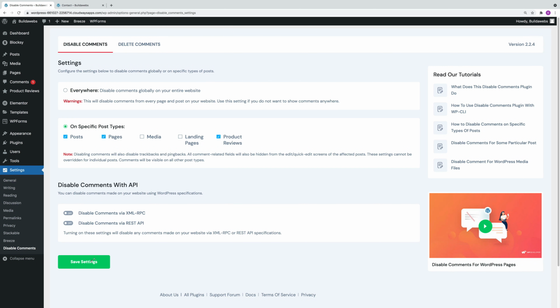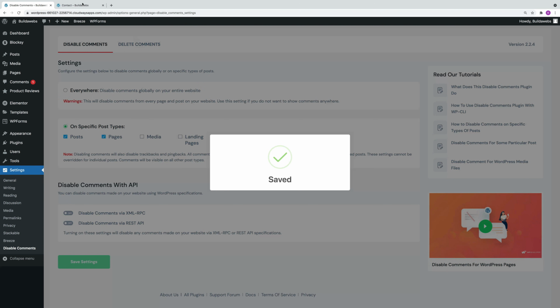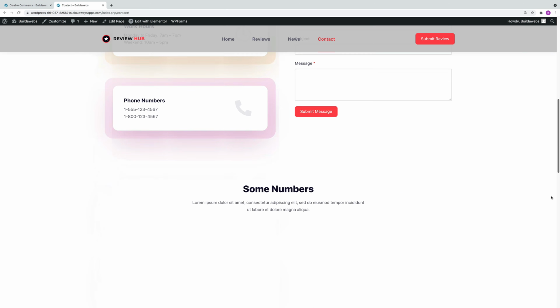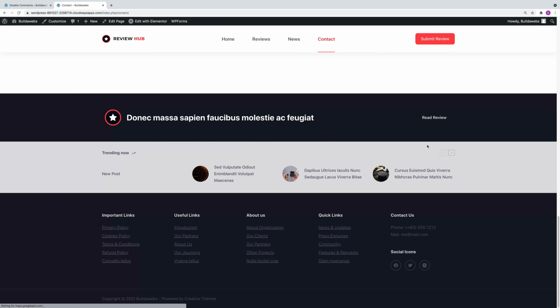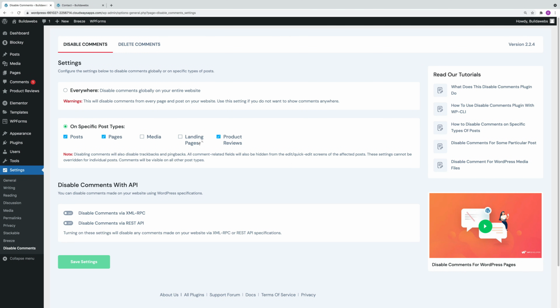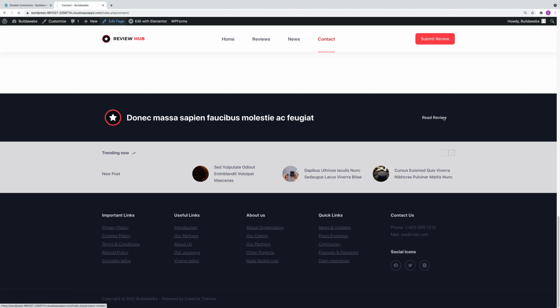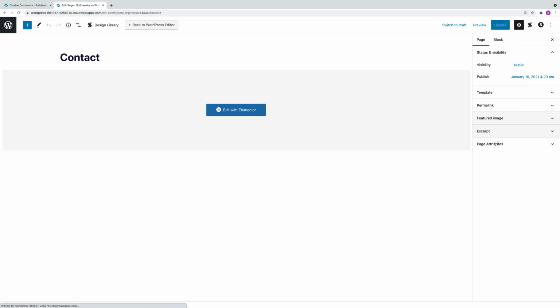When you tick View Pages there, and choose Save Settings, and you have a look, there's the comment, but when you refresh, it disappears. And this works the same for media and landing pages, but you can quickly see how you can use these options when you have existing posts, pages, media, landing pages or reviews that you don't want to have to go in, click Edit Page or Edit Post or Edit Review,